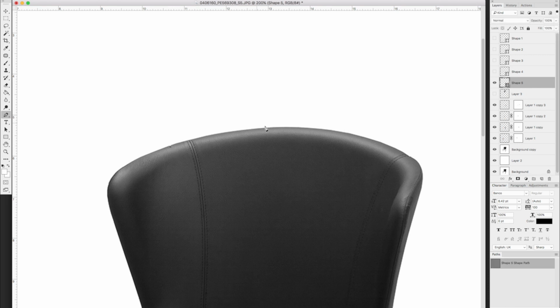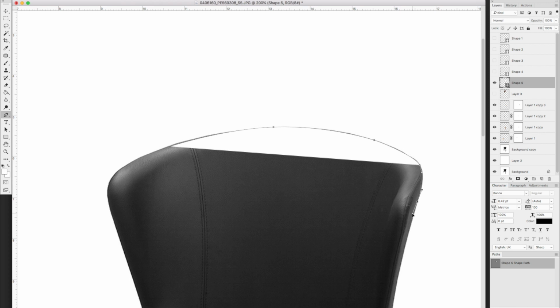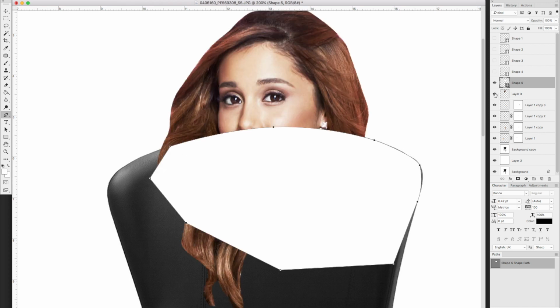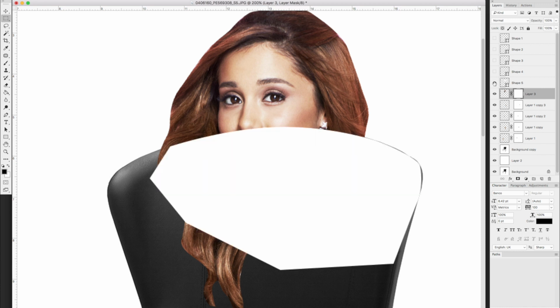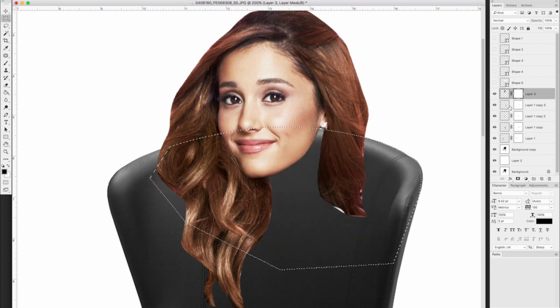tool, and just cut around this chair. So just do this. Select this layer of her head. And then you're gonna press Command while pressing this shape layer, the one you just made. Add a layer mask to her head. So once again, you're gonna have this shape number 5. Command, press down on the shape to select it, and then click on the layer mask of her head right